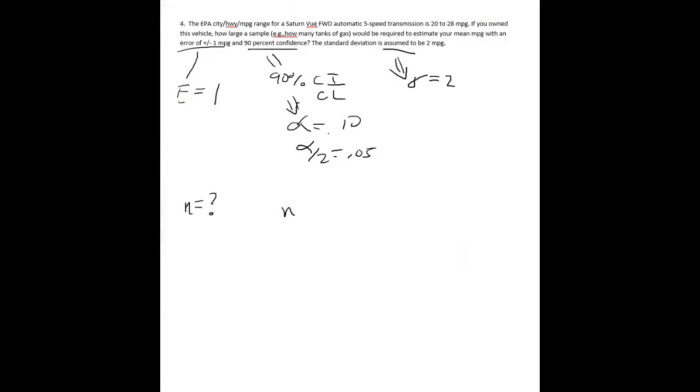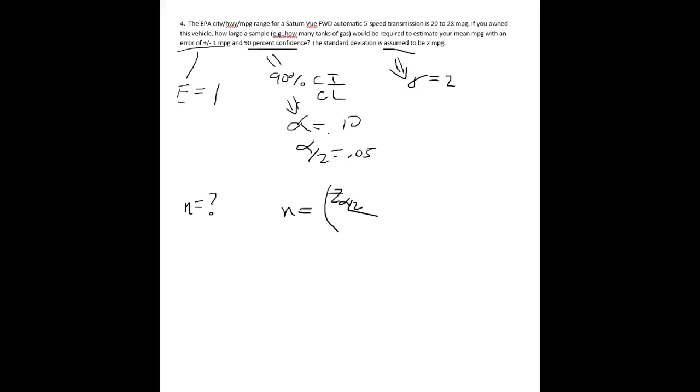Okay, so for finding a sample size, we have n equals z alpha half times sigma divided by e, and then the whole thing squared. All right, so we get back to the problem. The formula that we're going to be using, given you looking back at your packet, is n equal to z alpha half